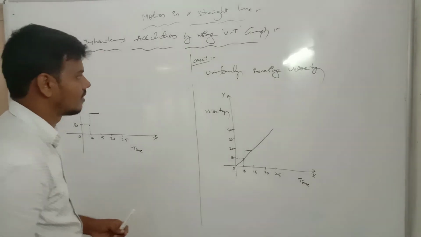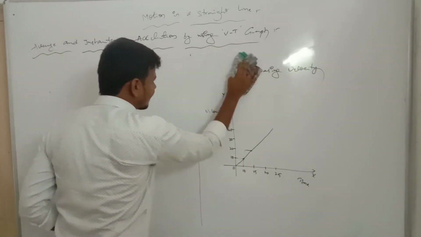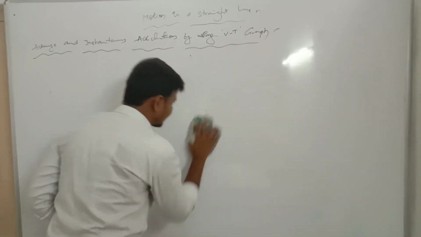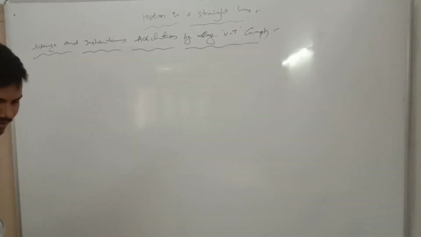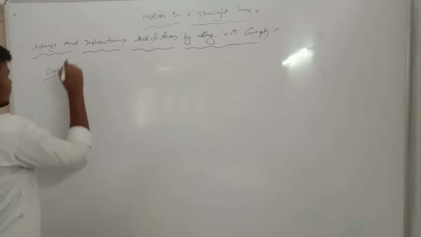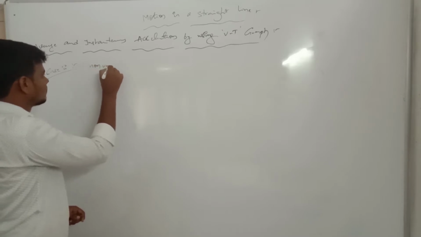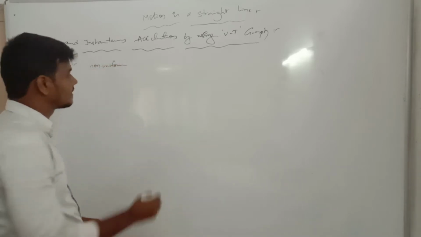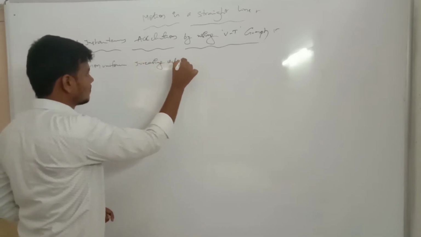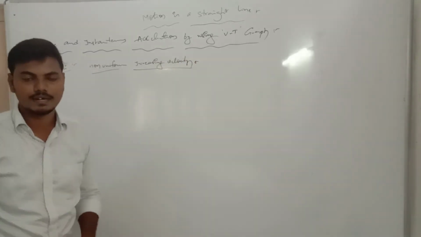This one is the non-uniform. Clear? Okay. Secondary one, case 2. Case 2 means the non-uniform. The representation of non-uniform. Okay. Right? Case 2. Previous one uniform, this one is non-uniform. Increasing velocity. Okay. First one uniform, second one is non-uniform.